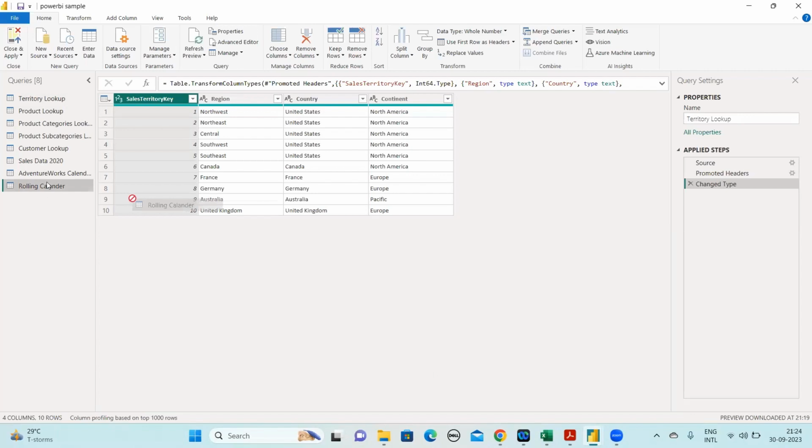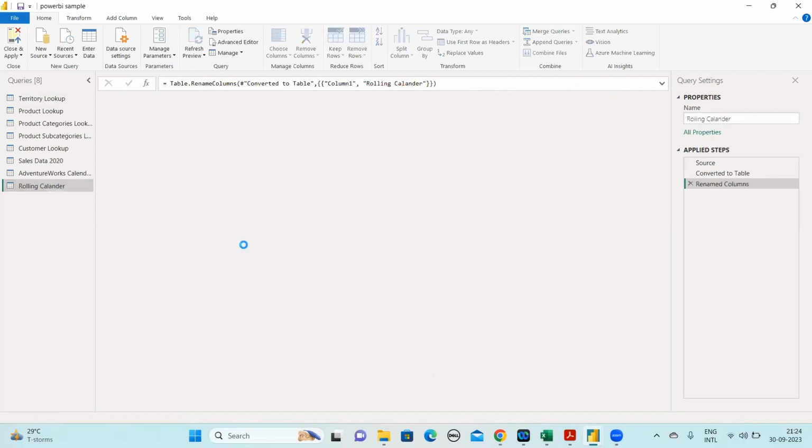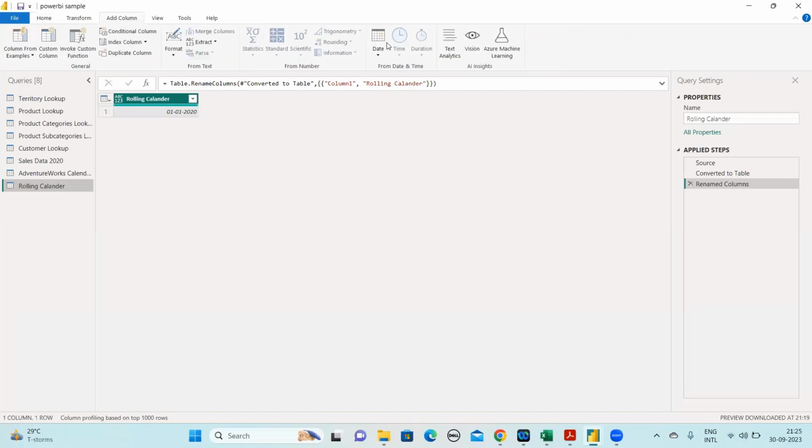right? So this is, we have already loaded from the calendar. We can go ahead and check that. Okay, here we can see that. If you want to find out what activities we are going to do, it will be stored over here. We have renamed this column, then it will be stored as whatever activity you are going to do, right? We discussed how we can add the column, right? It will be a little slow. Yeah, here you can add your date time. If you select over here, you can create the date time,